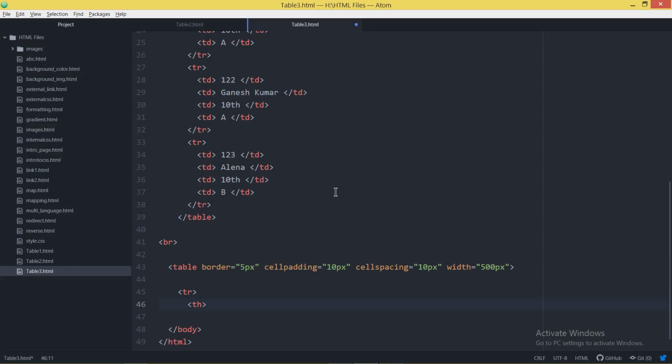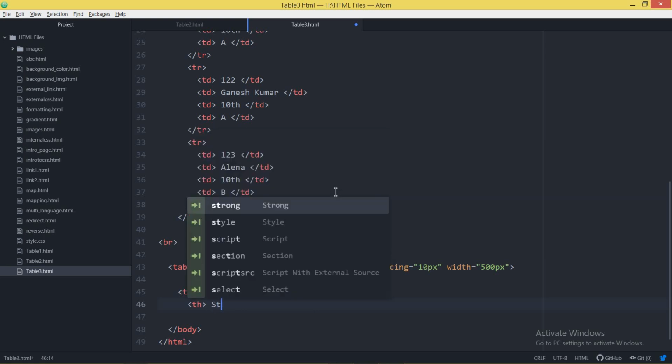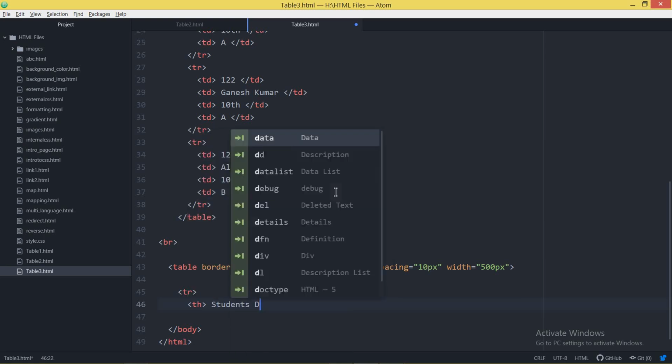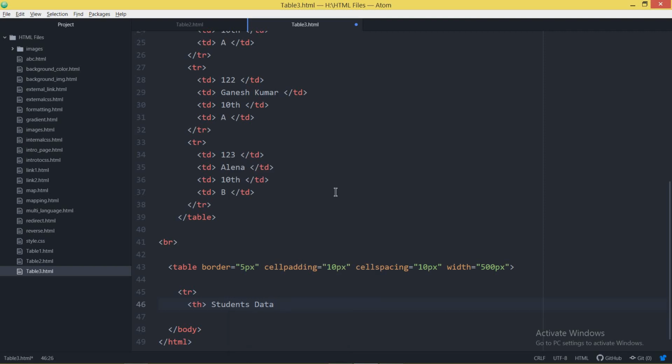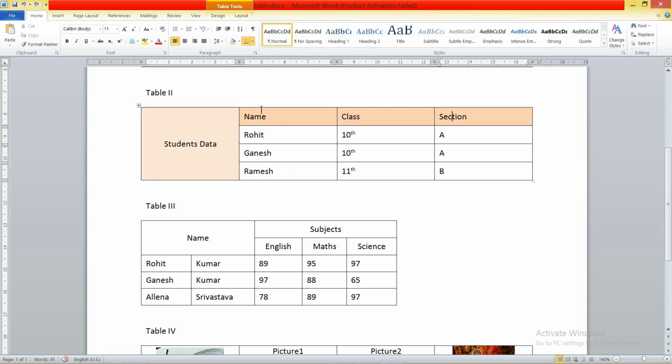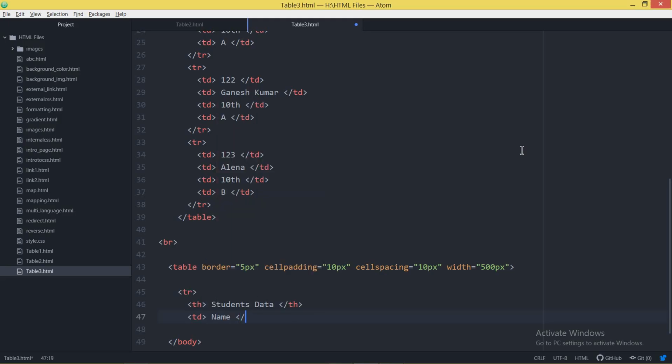So that it should be within the center of the table, I say students data. This is the text which I want to write. After that I use TD, that is table data, for name.